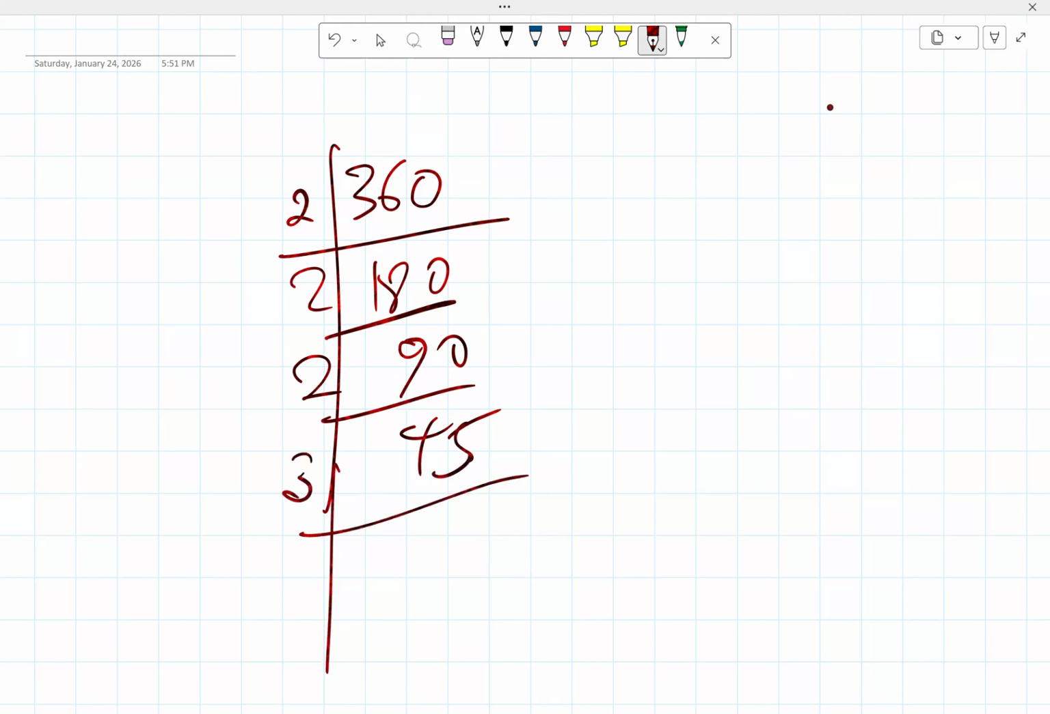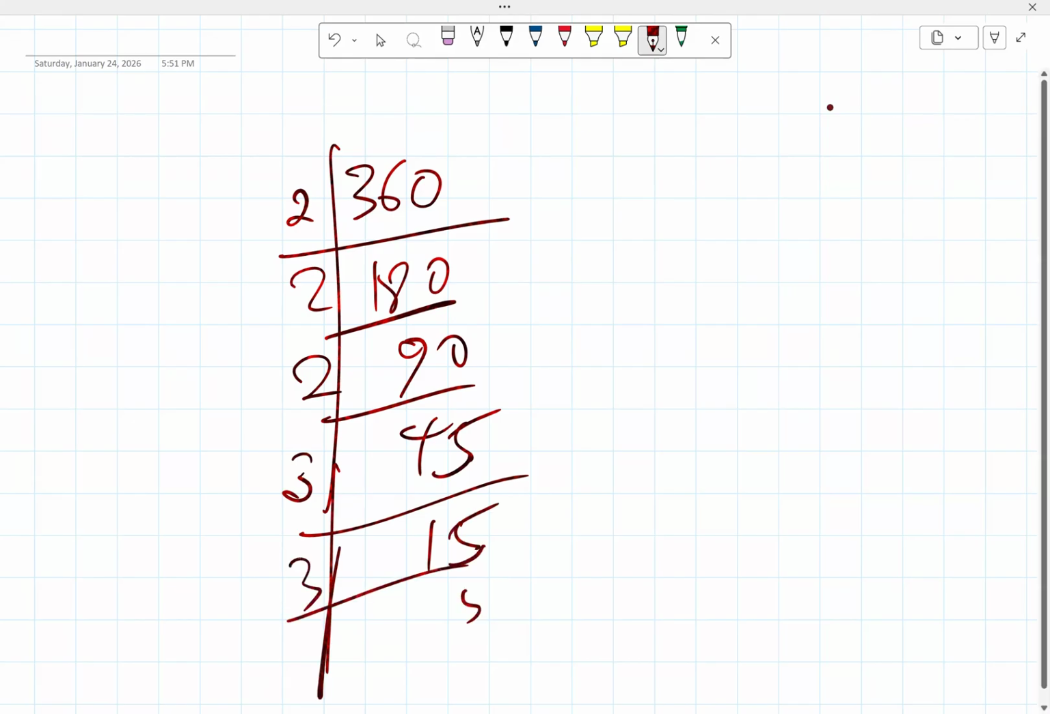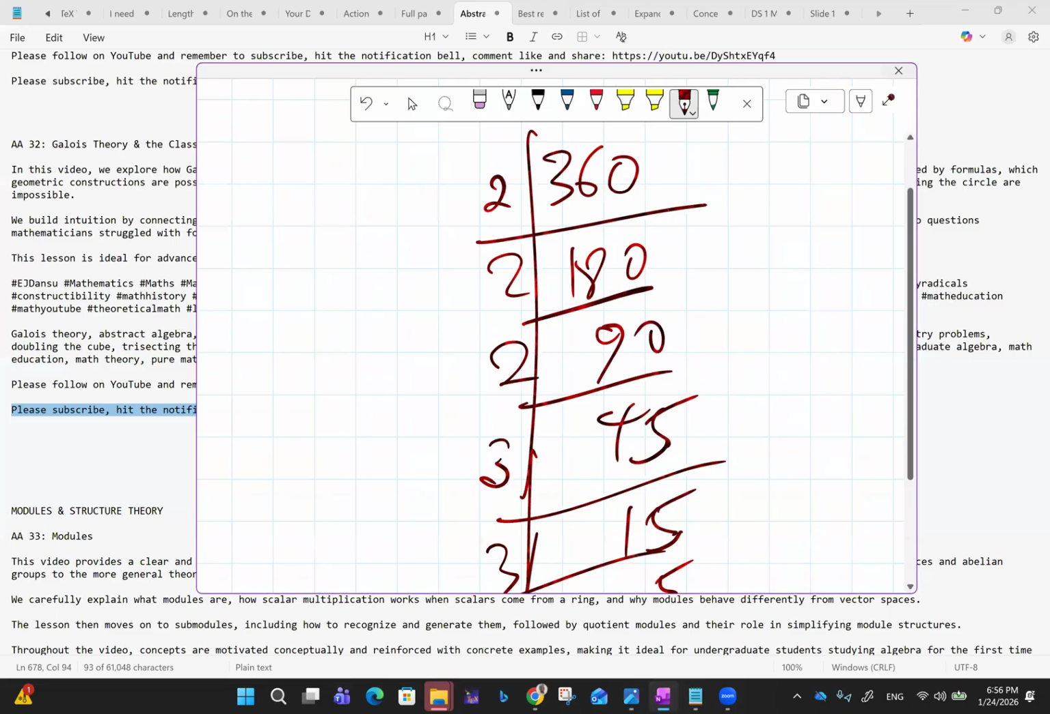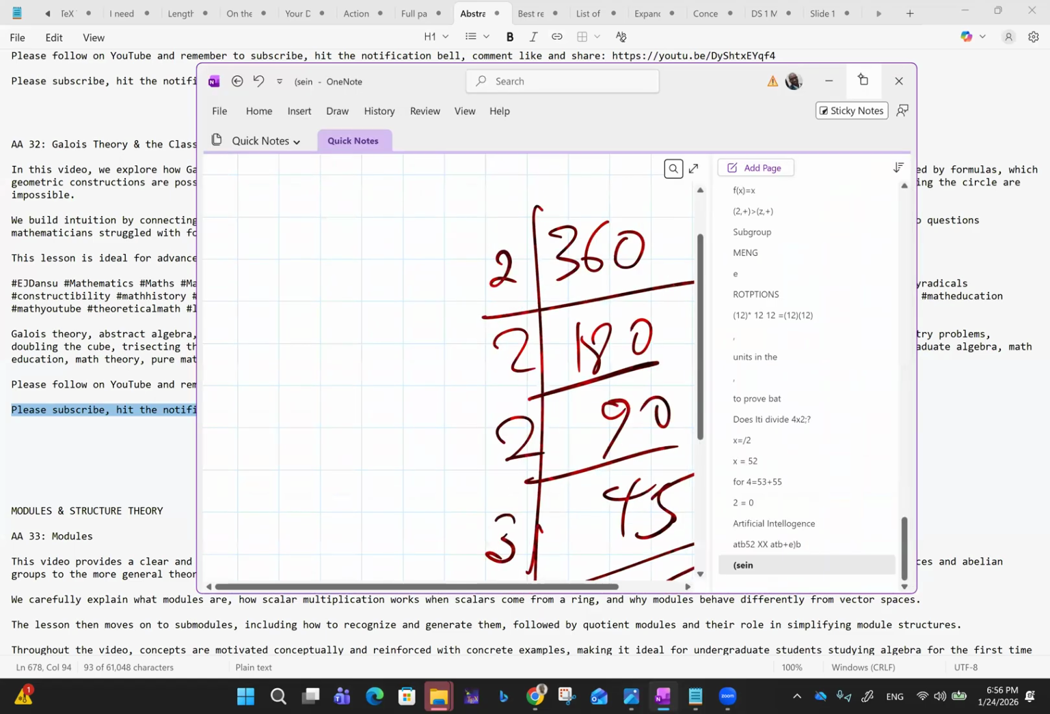So we go for 3. 3 can divide 45 15 times. Then 3 can divide 15 5 times. And then 5 divides itself once. So at the end of the day, we can then say that 360